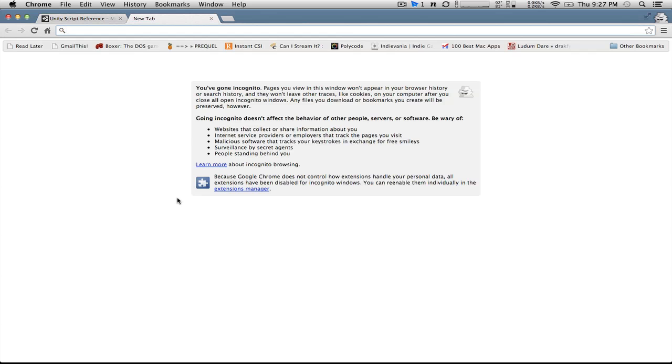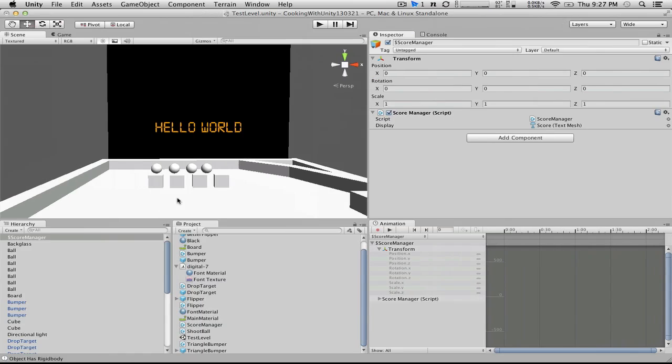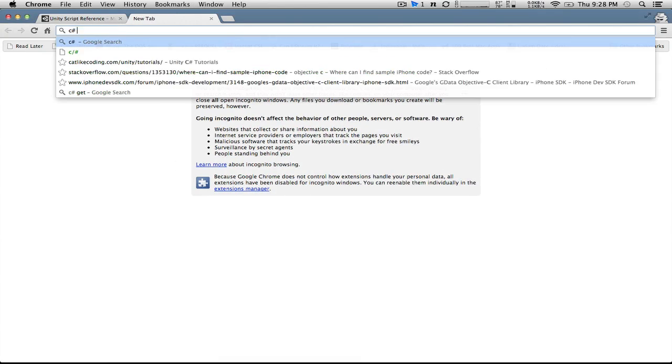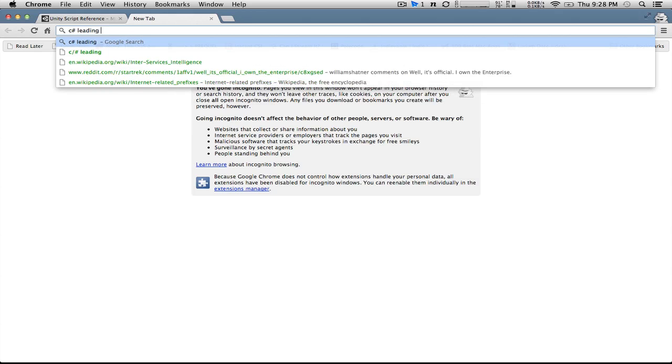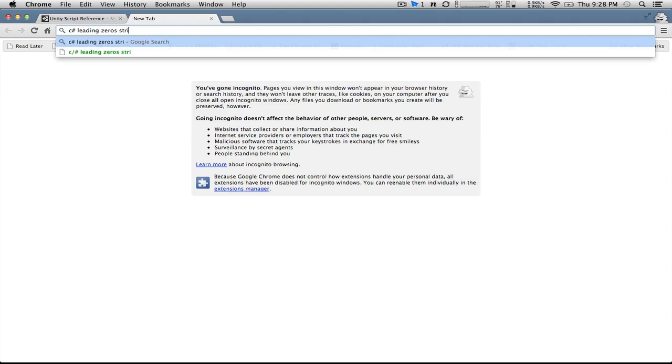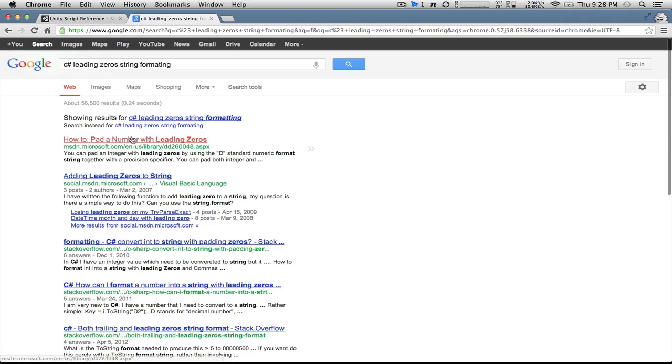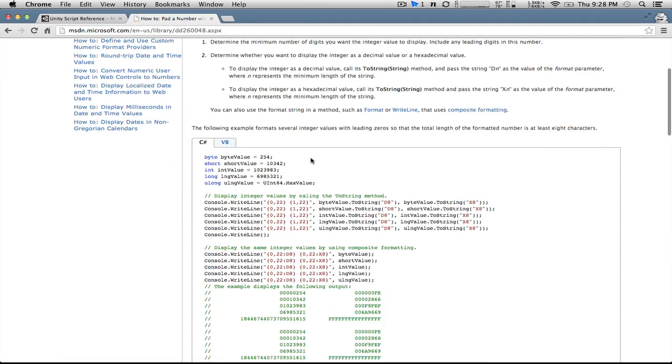So let's look it up. What do we got here? Hello world. Oh yeah, we want to do those leading zeros. So I'm going to search for C# leading zeros string formatting. How to pad a number with leading zeros. Alright, so